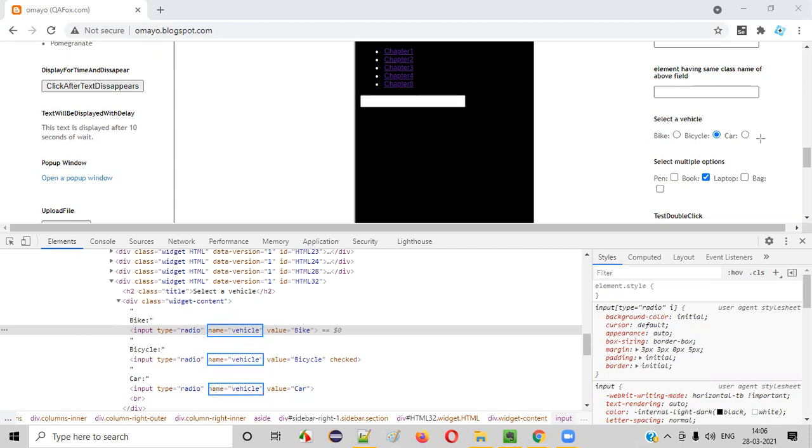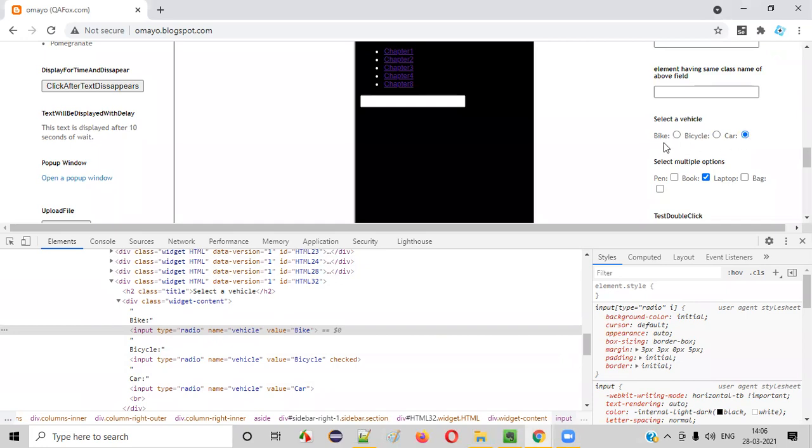All these three radio buttons have the same name attribute value, because they are grouped into a single category. What will happen when they are grouped into a single category? You can only select one radio button. This is what is required, right?